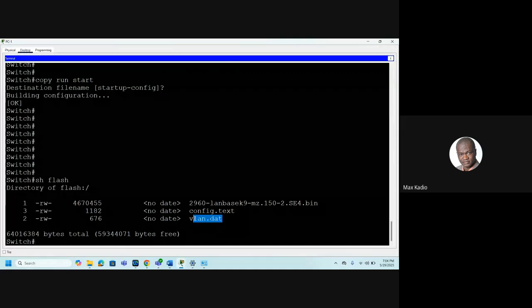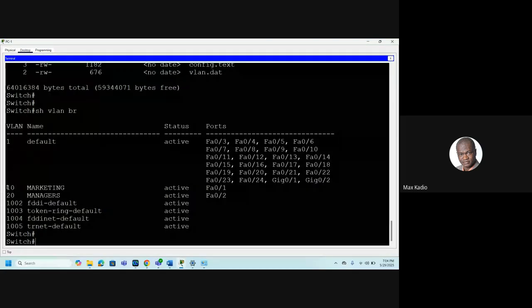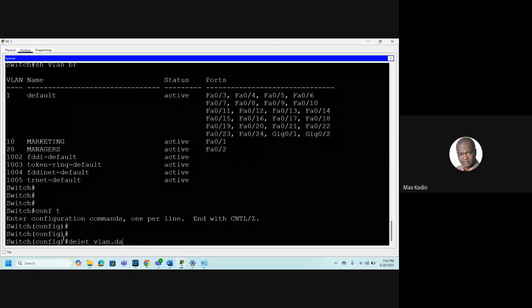Let us delete it. So before we delete, let us again show VLAN brief. We can see that we have our two VLANs, and people in the same VLAN can communicate. But if you're a marketing guy, they cannot communicate with managers. But anyone in the same VLAN, we can communicate. We did our stuff, we did save. It goes to this. Let's delete it. Conf, delete